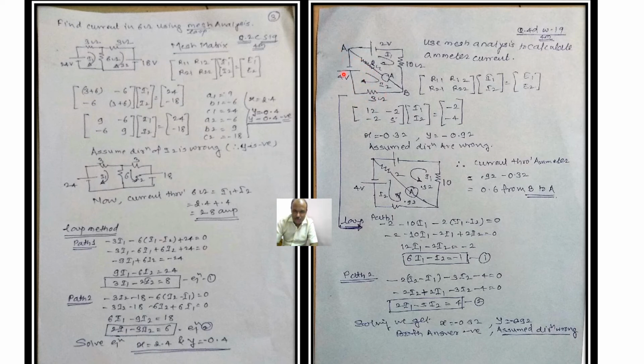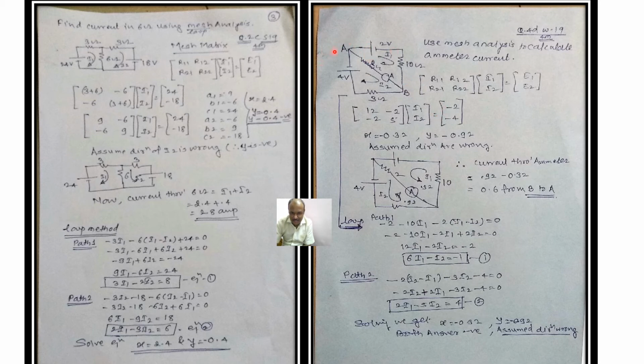So in this loop 2 we have only 5 ohm resistance, so we mention it 5. Now the loop 1 and loop 2, who is common? The 2 is common, so we'll write here -2 and -2. Now here we travel in first loop. What will happen? The positive terminal becomes negative. So what can we write here?